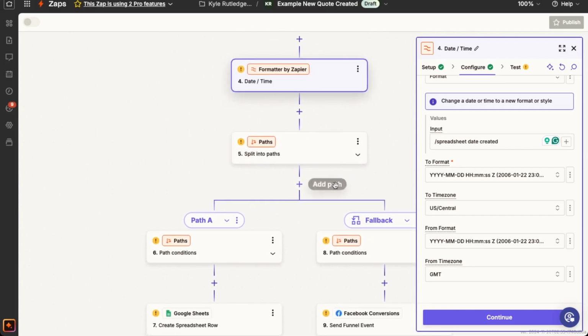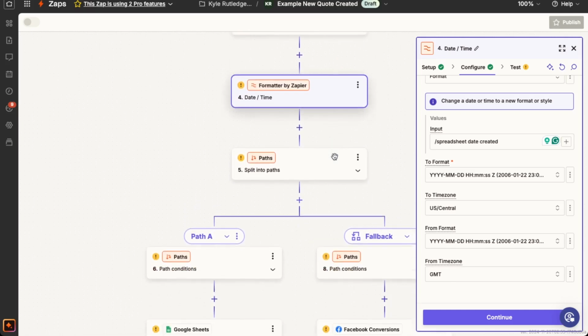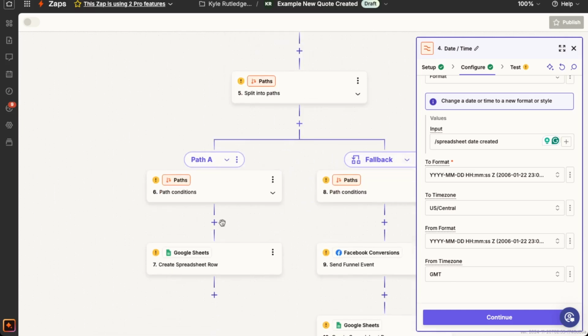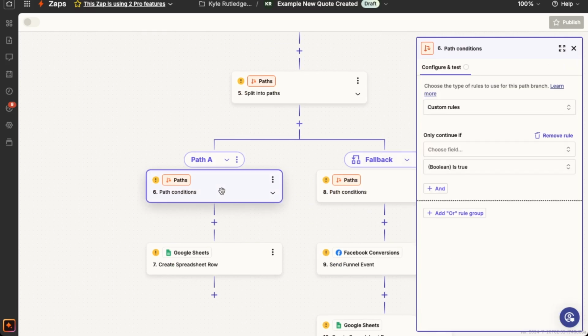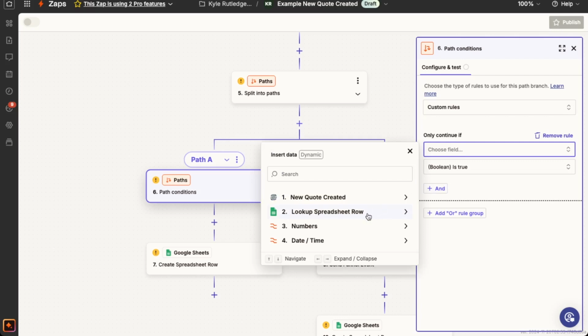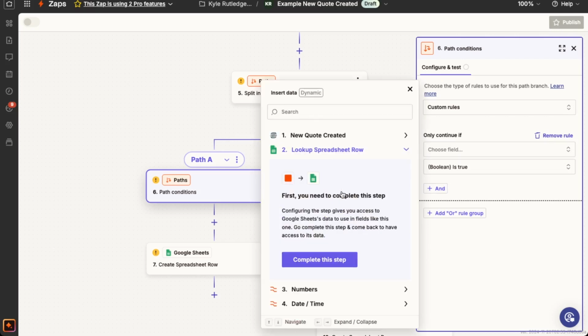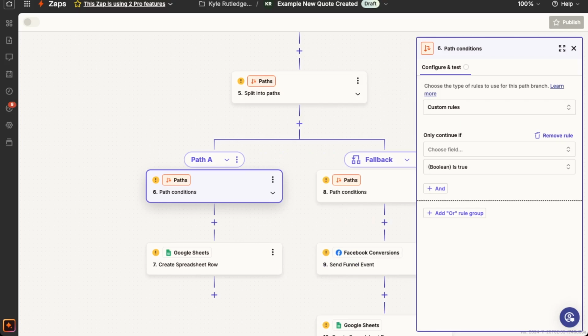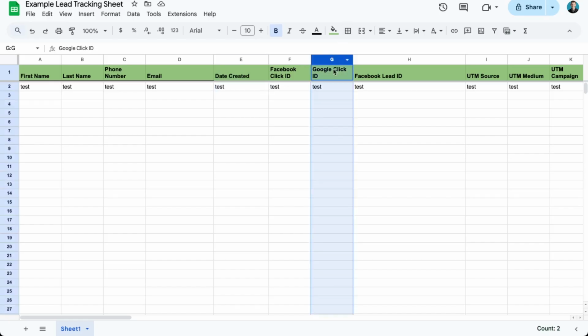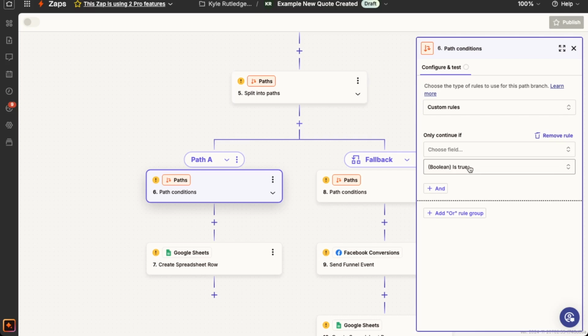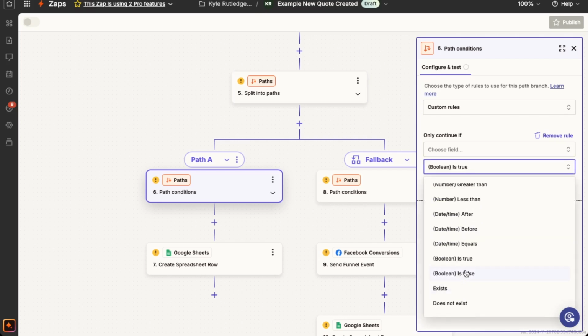Okay, and now we have it split into paths. It's pulled the record, it's found the information about this person, and so now it goes path A, path B. Path A comes over here, and what I have this pulling is, I wasn't able to pull, well, I guess I could, right here. Nope, I didn't actually connect it. Where I have this pulling is it's referencing this row right here, this Google Click ID. If that Google Click ID is true, I have this selected as a Boolean option. So is there something in this field? If it's true, a yes, no, then it continues down this path. If Google Click ID is